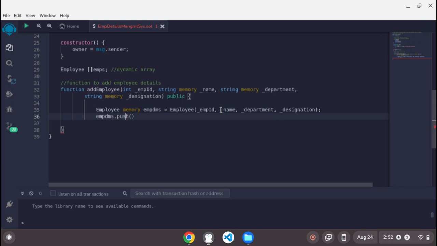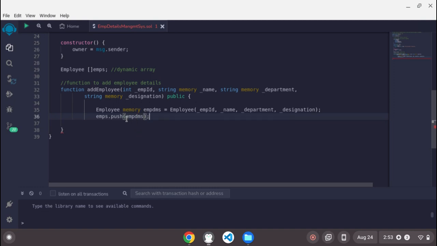Now sorry, this is not what's supposed to be. emps rather dot push. Now emps, if you can remember, that is the dynamic array name of the employee. So emps dot push will allow you to push in the information you are putting in the add employee function. Any information you are putting is going to call that dot push, so it will input that value into the acceptability of the functions that you've created. So that's why I'm using emps dot push, then